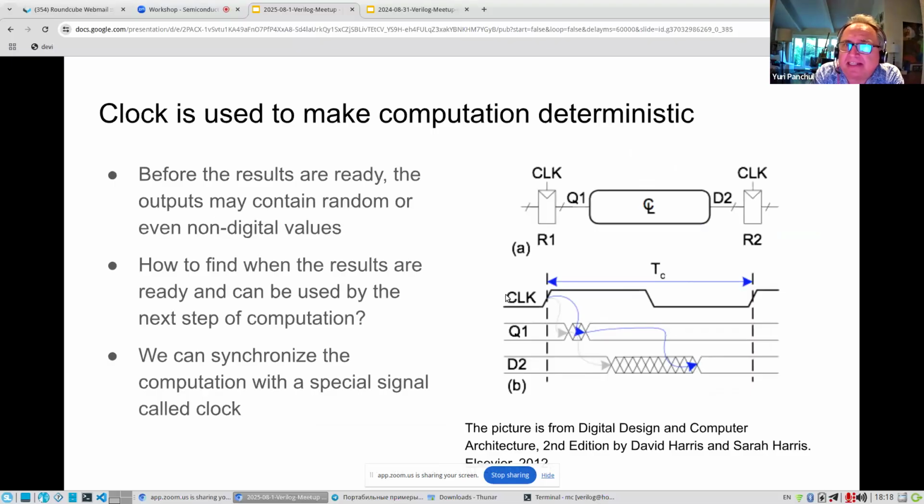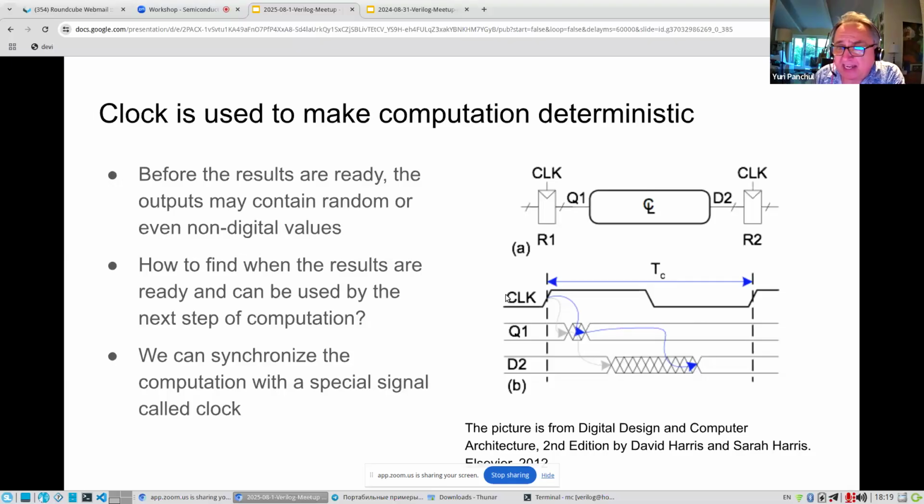And this reference signal makes computation deterministic, which means that whatever you do, you can expect the same result with the same inputs if you take into account clock cycles.